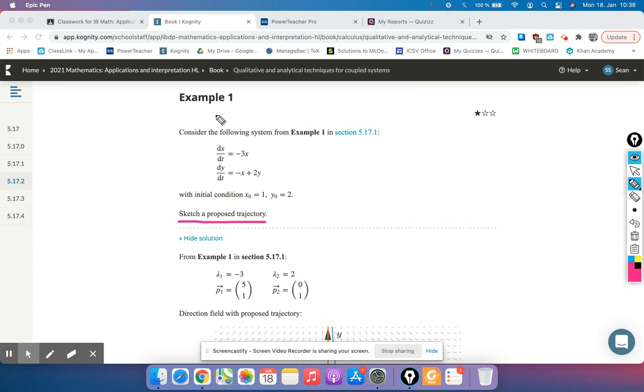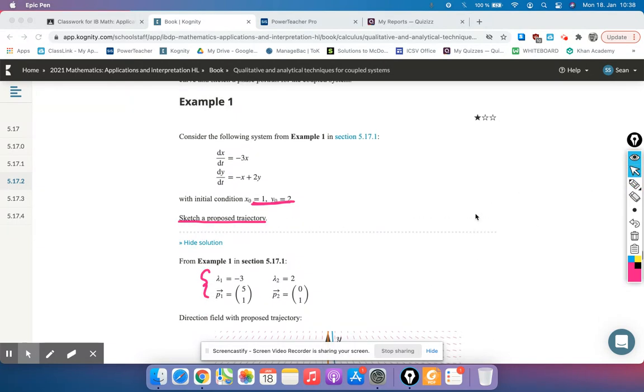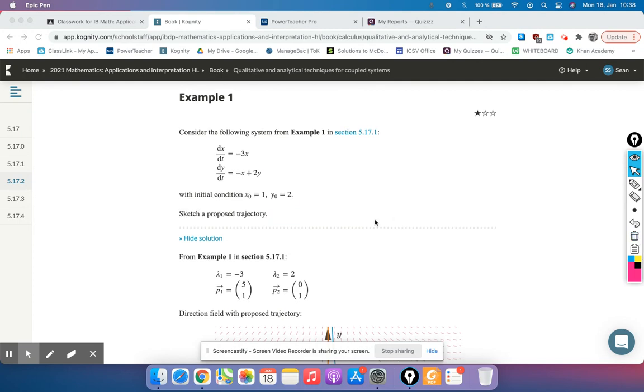And this is the example I just went through in the previous video. This is from 5.17.1, example 1. It's the same diffie-q, and I think this is the same initial condition. Yeah, because we get the same eigenvalues and eigenvectors. And so the next part, to sketch the trajectory,